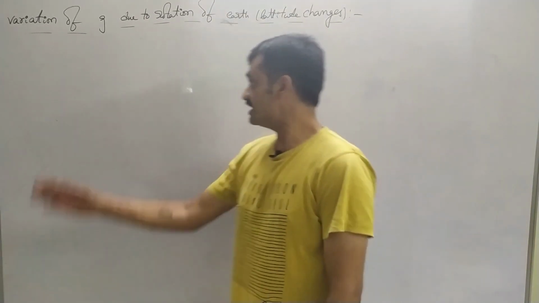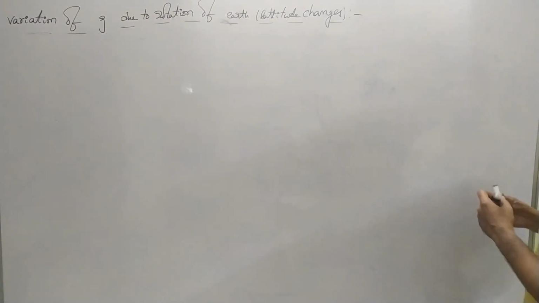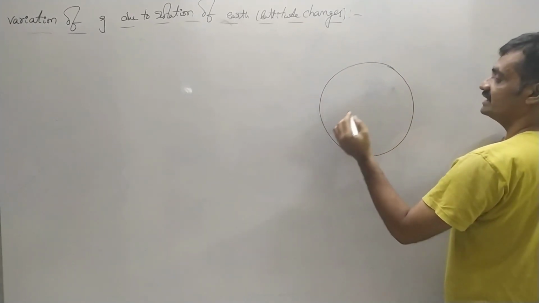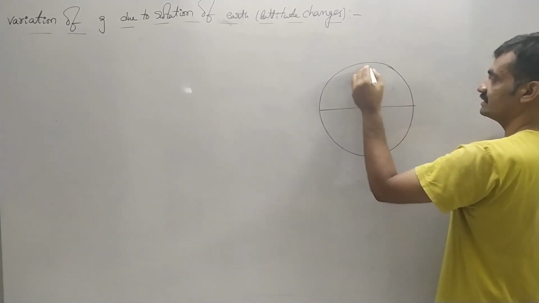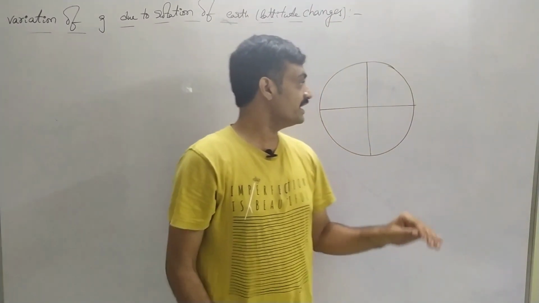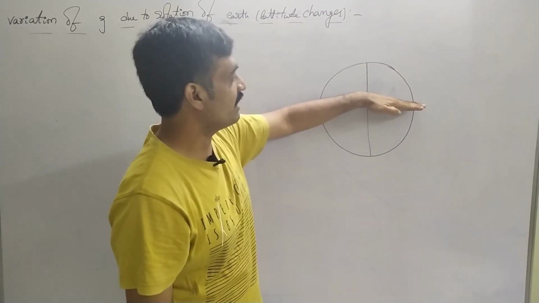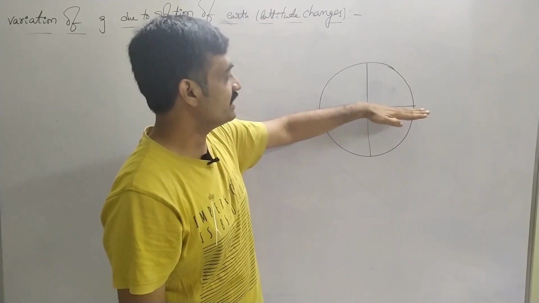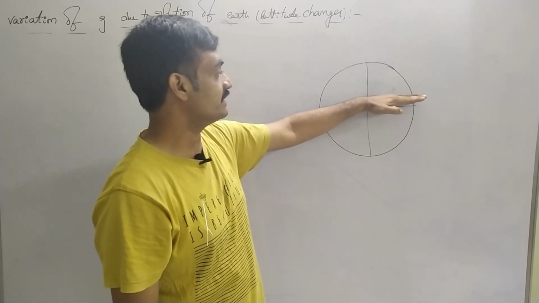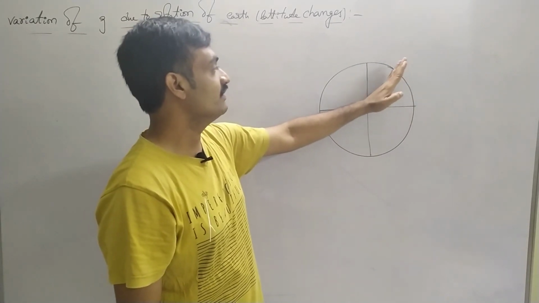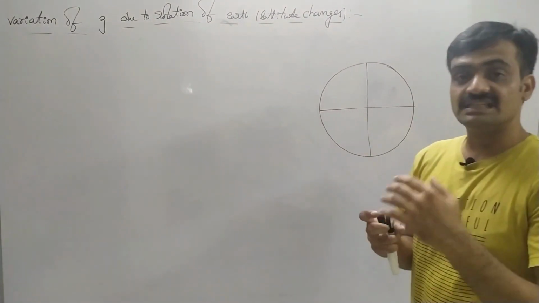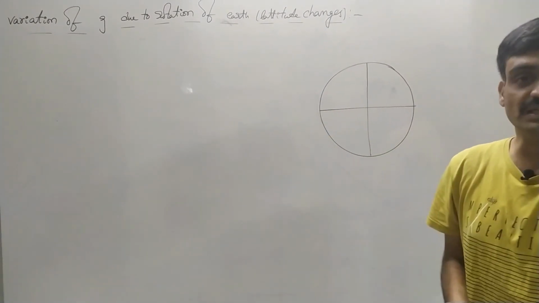Now we are going to represent the variation of g due to rotation of the earth. Here we consider the earth rotating with an angular velocity omega. We are going to represent the variation of acceleration due to gravity as the latitude changes. The latitude along the equatorial line means 0 degrees, then 10 degrees, 20, 30, 40, 50, 60, 70, 80, 90, like this. As the latitude changes, how the acceleration due to gravity changes, we are going to represent in this case.